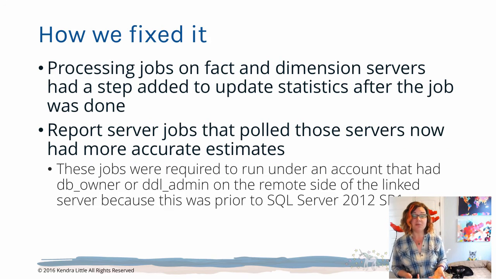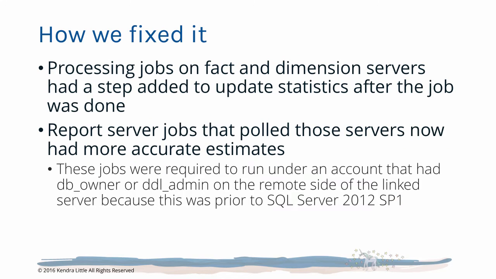The way that we solved this problem was on the publishing servers, on the side of the fact and dimension servers. We said, whenever you finish your jobs that add new facts or new dimensions, at the end of that job, update statistics on the table, particularly on that last updated column on every single table, so that anybody who comes in and says, hey, I last picked up data at 4 a.m., if anything has changed since 4 a.m., the statistics have also been updated since then, and they can get a quality execution plan. Now because we're using link servers, there's even more to the story than this